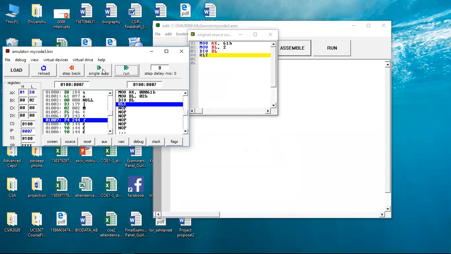Now this is the difference: when we are dividing by an 8-bit number, your remainder will be stored into AH. In the previous case, we are dividing it by BX, your operand was BX, and in that case your remainder was stored into DX register. Now in this case, your remainder will be stored into AH register.